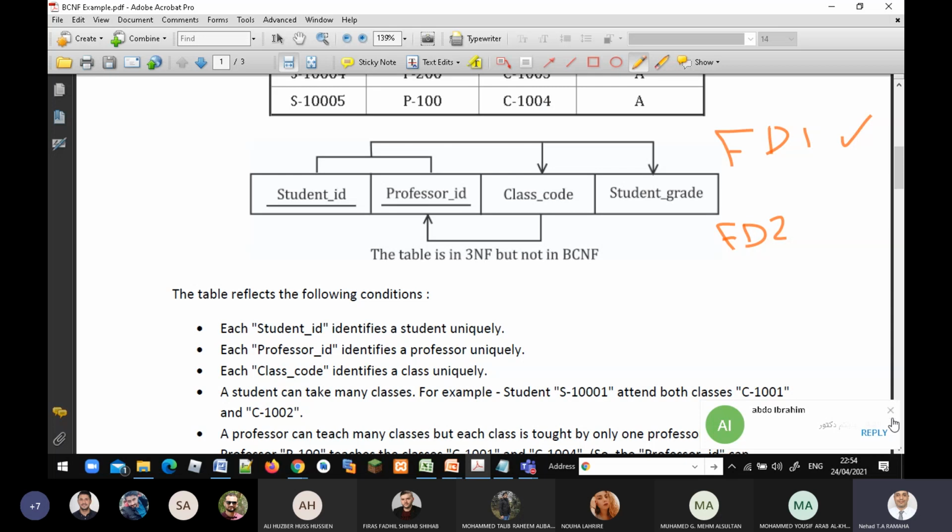Is it in second normal form? Yes, it's in the second normal form. Why? Because we don't have partial dependency. There is no part from the key that determines any other attribute. Is it in the third normal form? Yes, because we don't have transitive dependency. All attributes depend on the key and only on the key. This means